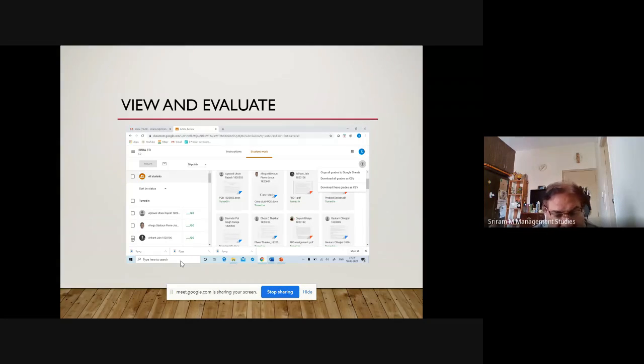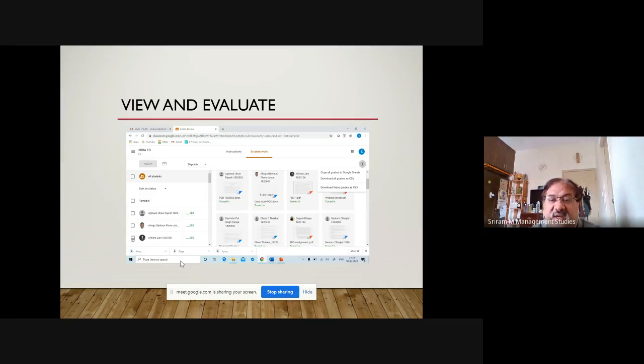And in that comment, there are two options: comment privately and comment for all. When you comment privately, it will go only to that particular student. If you put a comment for all, all the students can view it. So let's take, for example, that a particular student has done a very good job and what he's done needs to be shown to everyone.